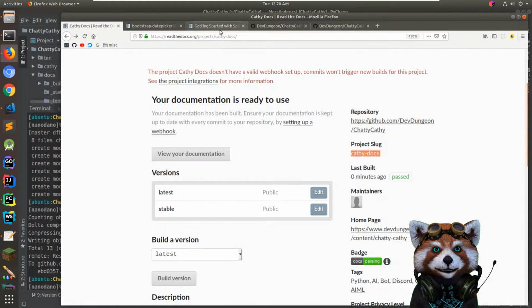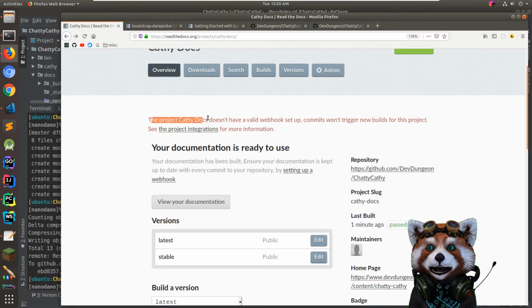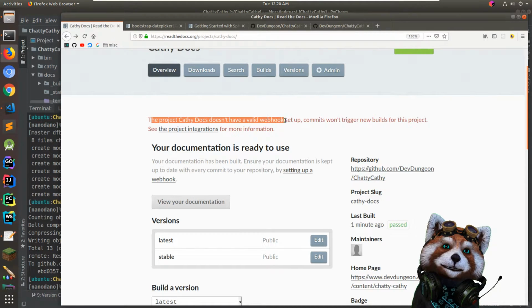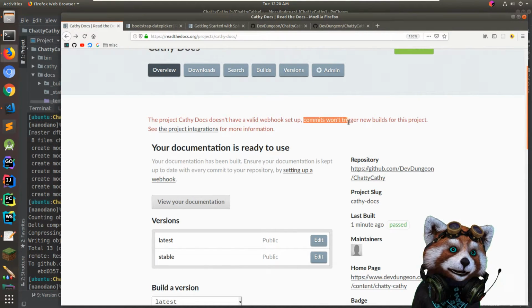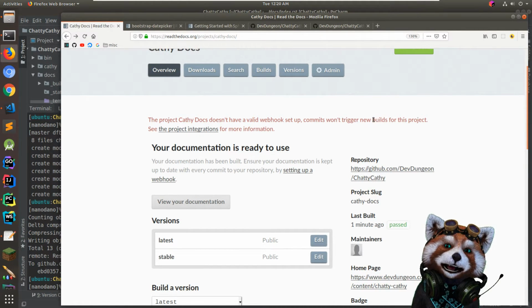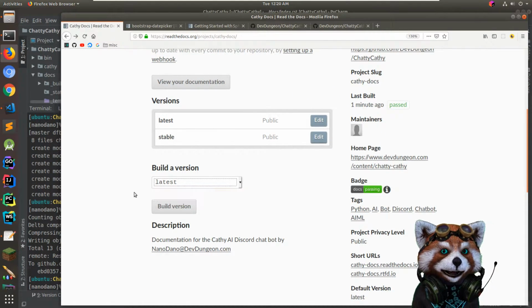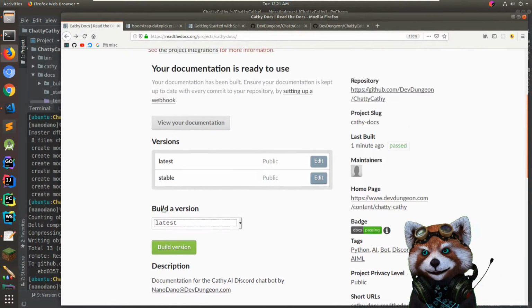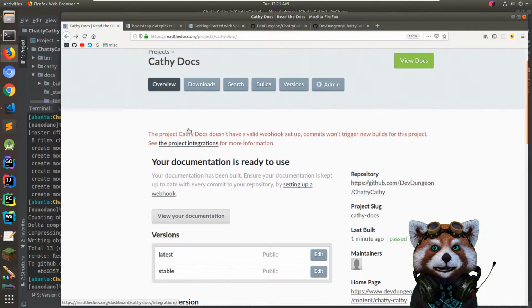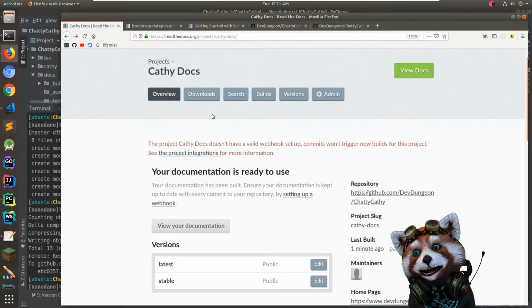And last build, let me refresh this page now. Oh, now here we go. It says the project Kathy Docs doesn't have a valid webhook setup. Commits won't trigger new builds for this project. Okay. It looks like out of the box then, you have to come here and tell it when to build. And you have to say, hey, time to build, go ahead and build. But I'd much rather have it automatically build as soon as I commit,